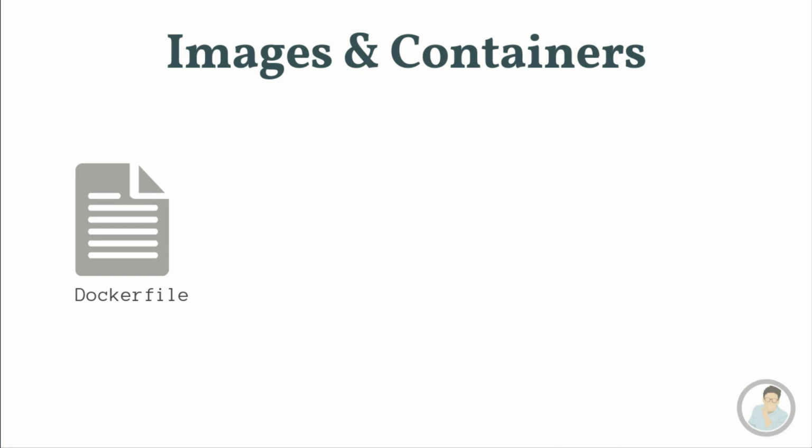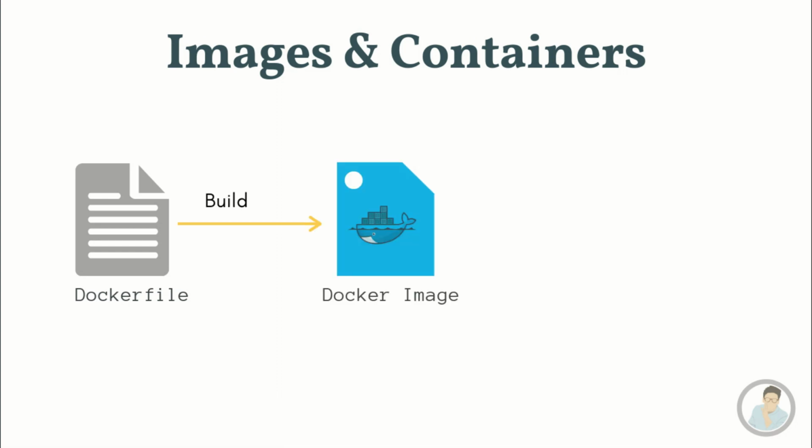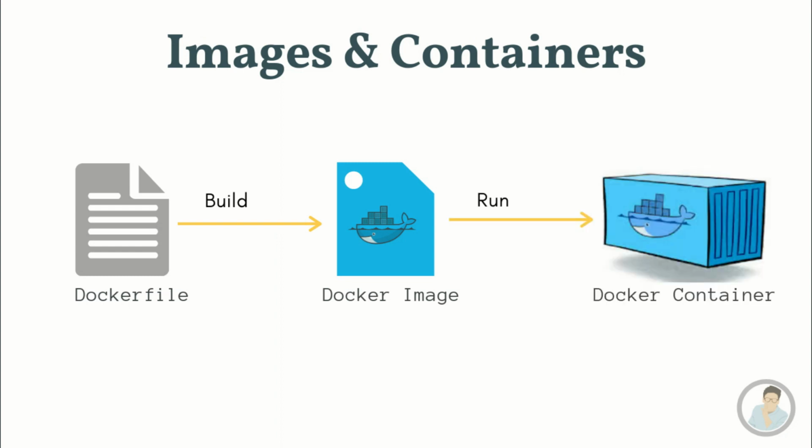Let's see this diagram. This is how it happens. First, we write a Docker file, and then we build an image using the Docker file, and then we spin up a container using that particular image. Once you have your container, you can add many changes to that and you can commit it as a new image. In future, you can use that new image to create more containers.